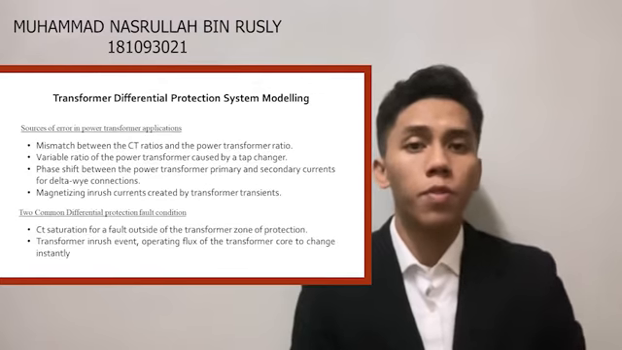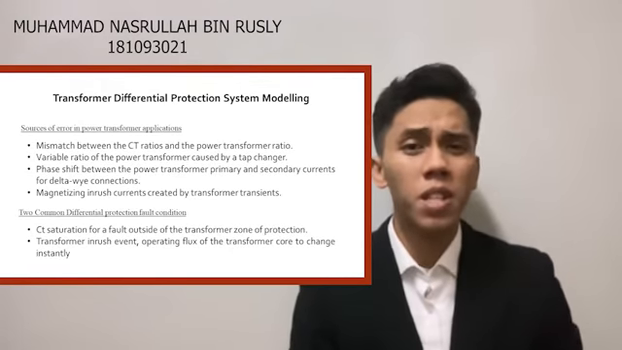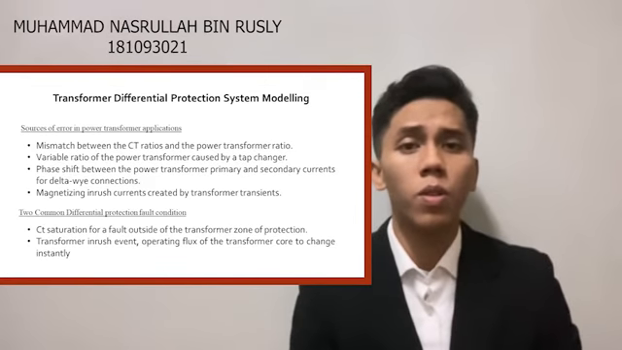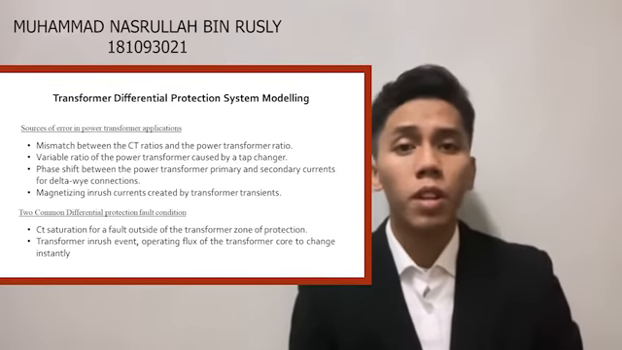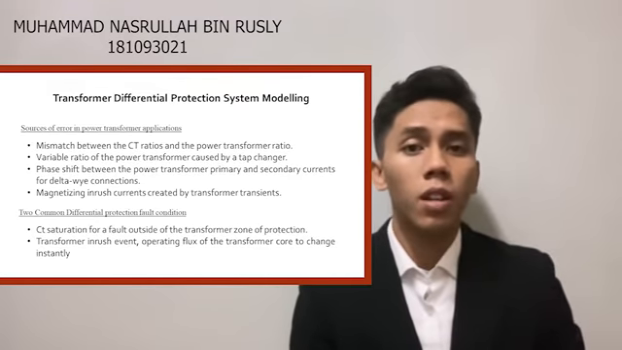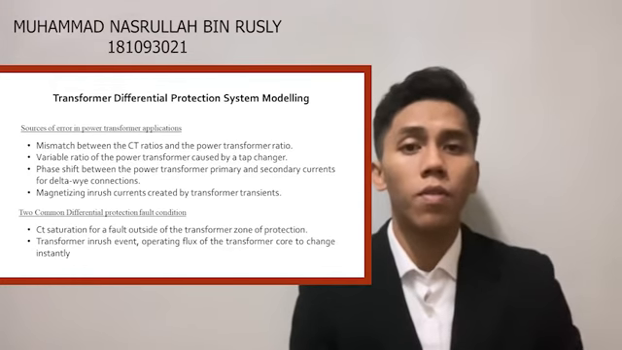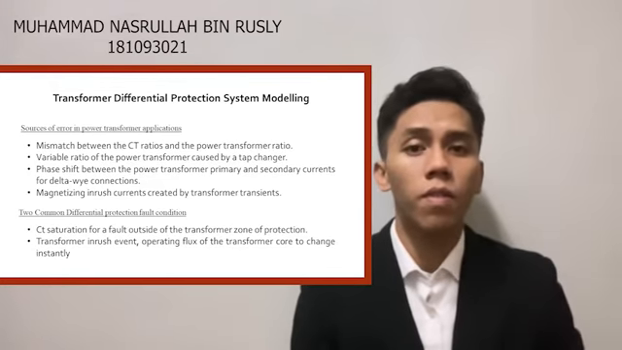In the case of power transformer application, other possible sources of error are the following: first, mismatch between the current transformer ratio and the power transformer ratio; second, variable ratio of the power transformer caused by a tap changer; third, phase shift between the power transformer primary and secondary current for delta-Y connection; and the last, magnetizing inrush current created by transformer transition because of energization, voltage recovery after the clearance of an external fault, or the energization of a parallel